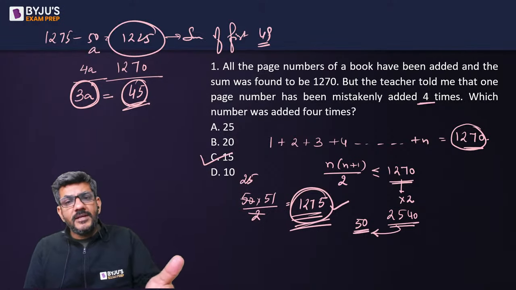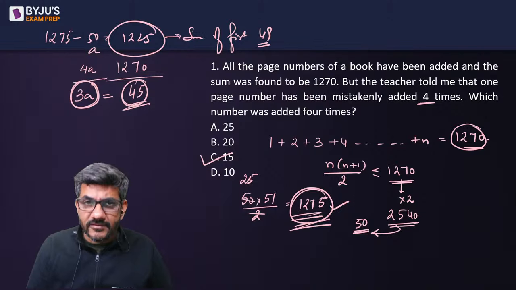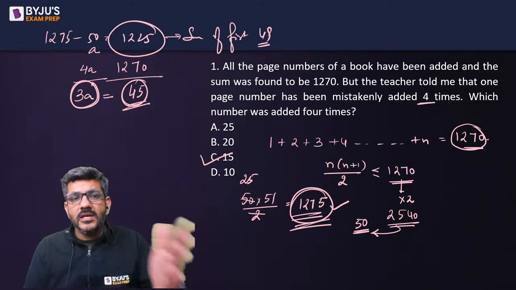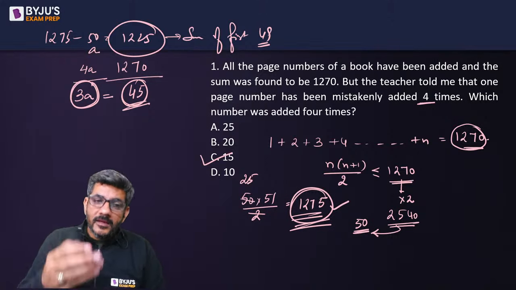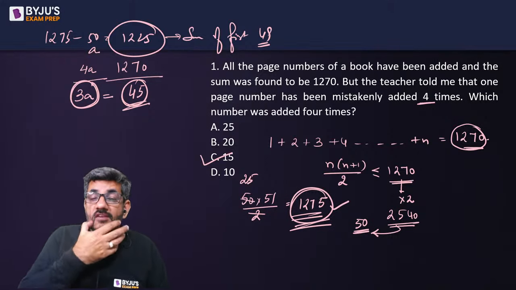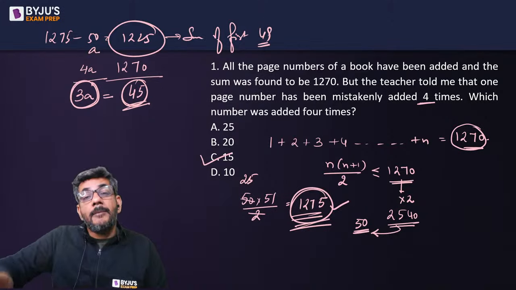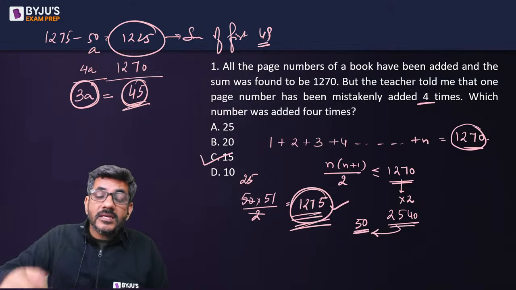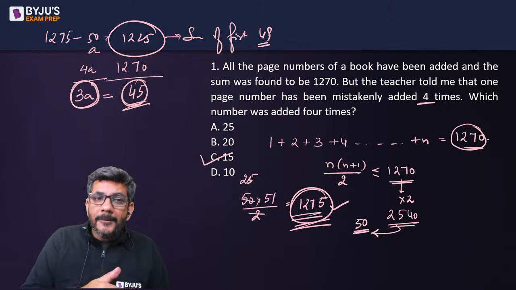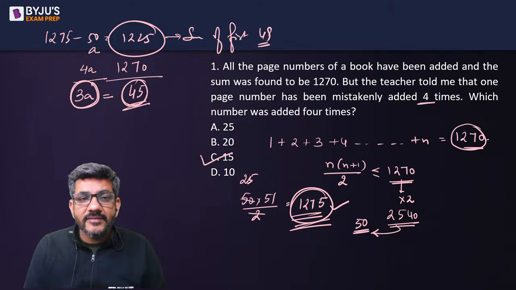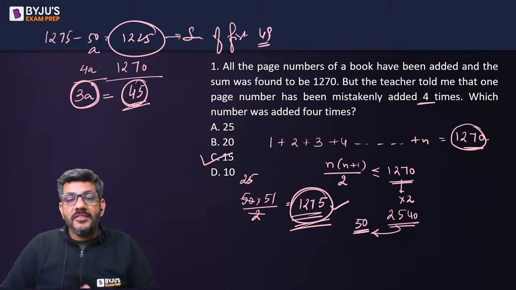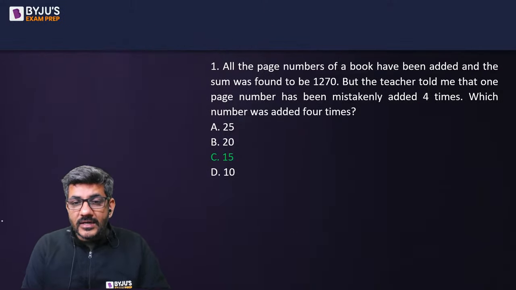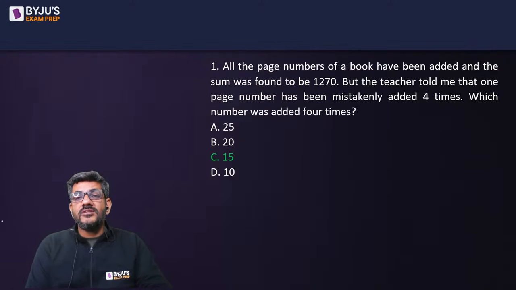तो जैसे मैंने 50 पुट करा, मैंने देखा हल्का सा बढ़ा आया 1270 से. So just below 50, that is the sum of first 49 natural numbers, is going to be 1225. It was 45 more. 45 more इसलिए क्योंकि एक नंबर का ट्रिपल एक्स्ट्रा ऐड किया है. A number has been added 4 times. That means triple extra has been added. That triple extra is equal to 45. So A is equal to 15, which gives us the correct answer for question number 1. I'm sure all of you understood this first question with the right answer of 15.